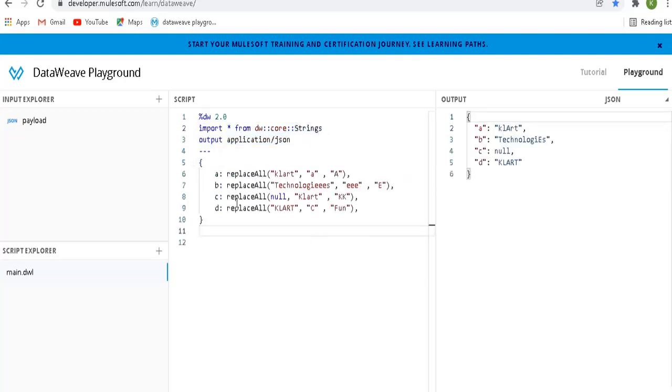Yeah, see. So replace all will actually replace the letters, or numbers or anything, in the input data with the output data. Here you can use the replace all function in this way. This is the actual input string, this is the string which you are going to change, and this is the one you are going to get as the new output.